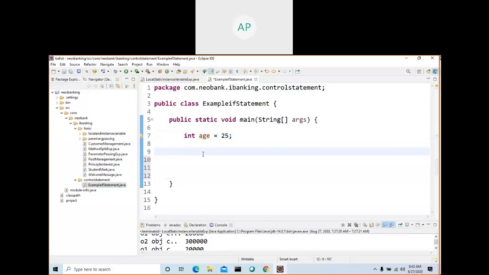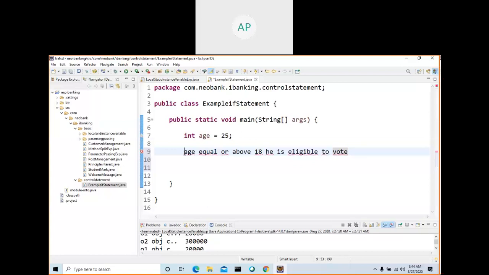Now write some statement which should tell whether he is eligible to vote or not. If the age is equal to or above 18, he is eligible to vote.